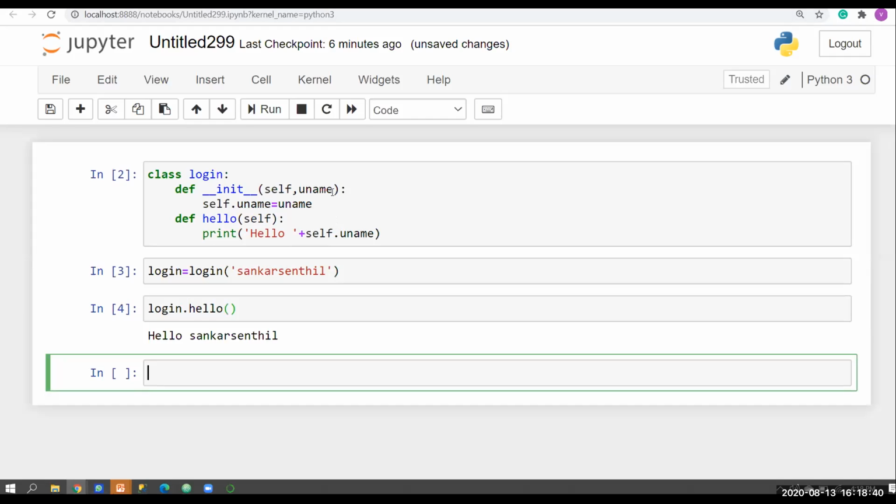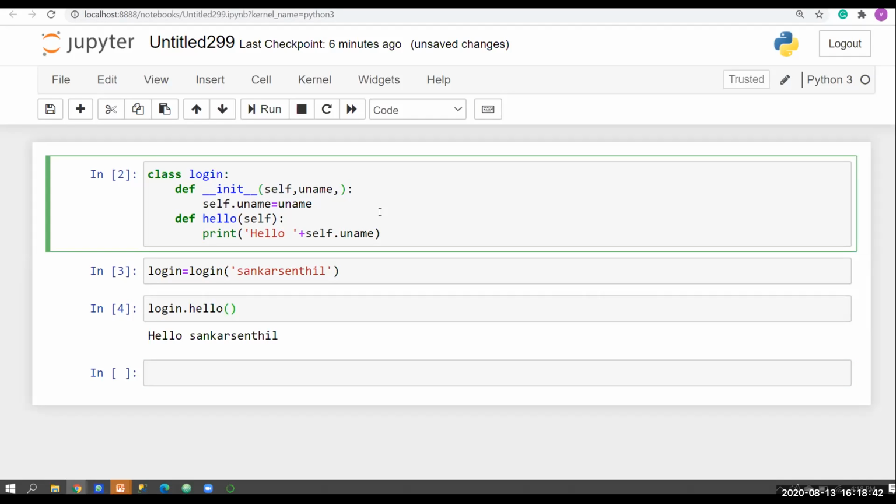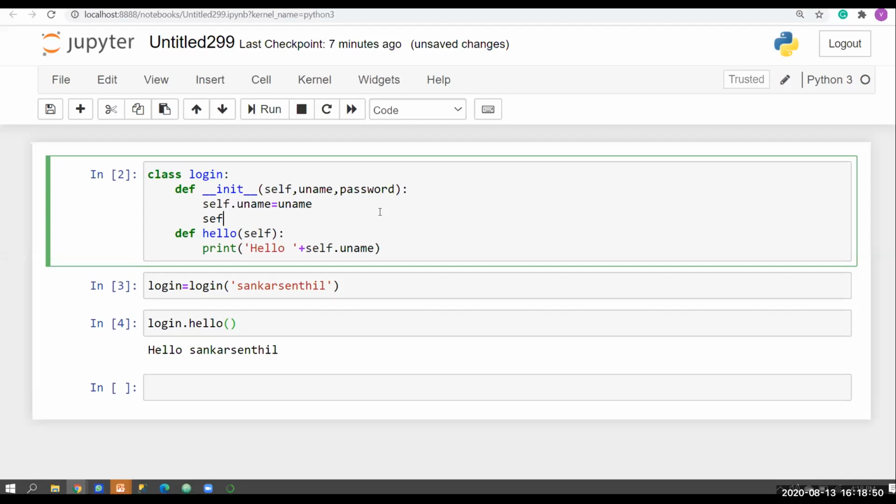Now I'm going to add one more parameter, that is password, because I'm going to hide the password. So I create self.__password equal to password. Now we have two attributes and one method.